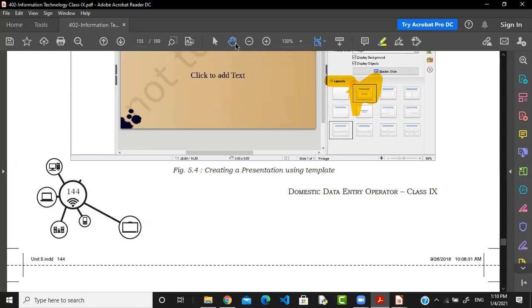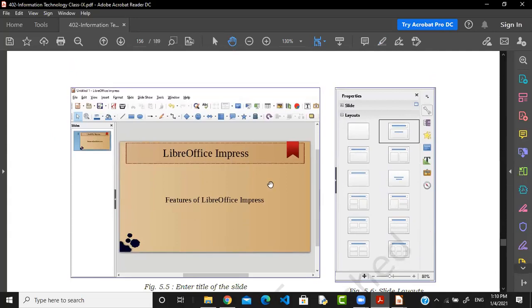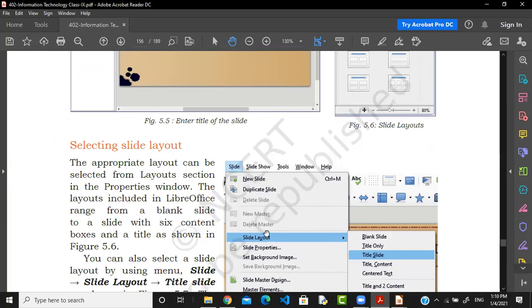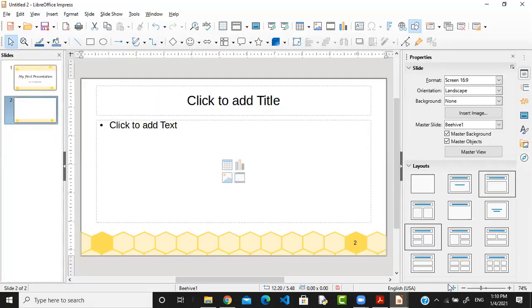Getting my point? So this way we can do this. Now look at this. So this is the first presentation. You have to simply write it down. Now, if you want to select the layout, I told you there are different options. The first way you can select the layout is through this option, this dialog box also. And these tools are given to us to select the layout.